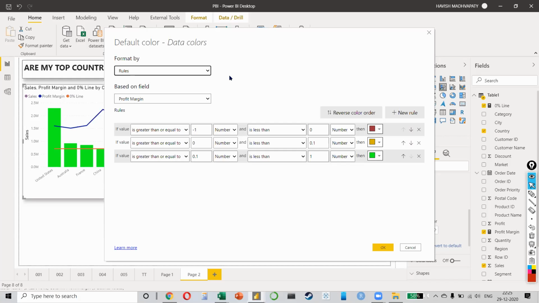So in my case, it was coming to be minimum and maximum. I don't know what's happening. No, select the rules here. Format by rules. Don't select the color scheme, select the rules. Yeah, got it. Thank you.